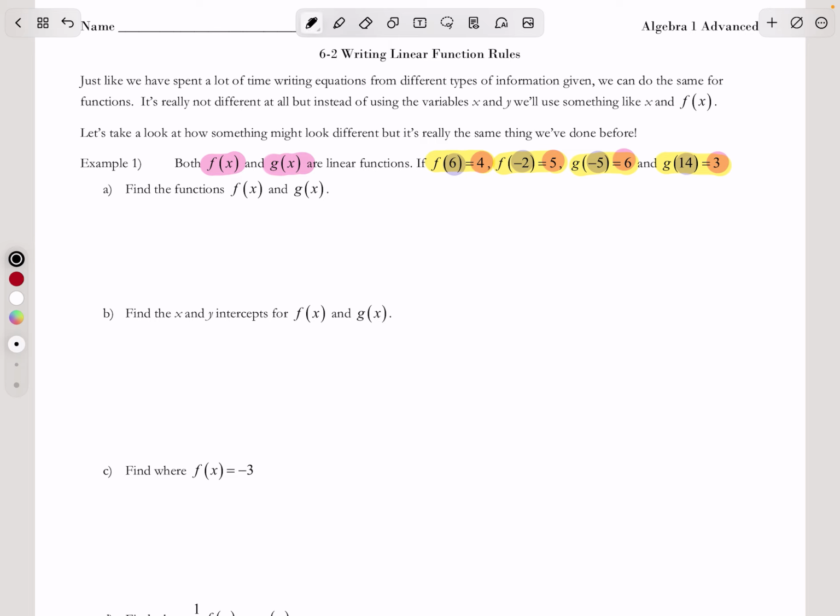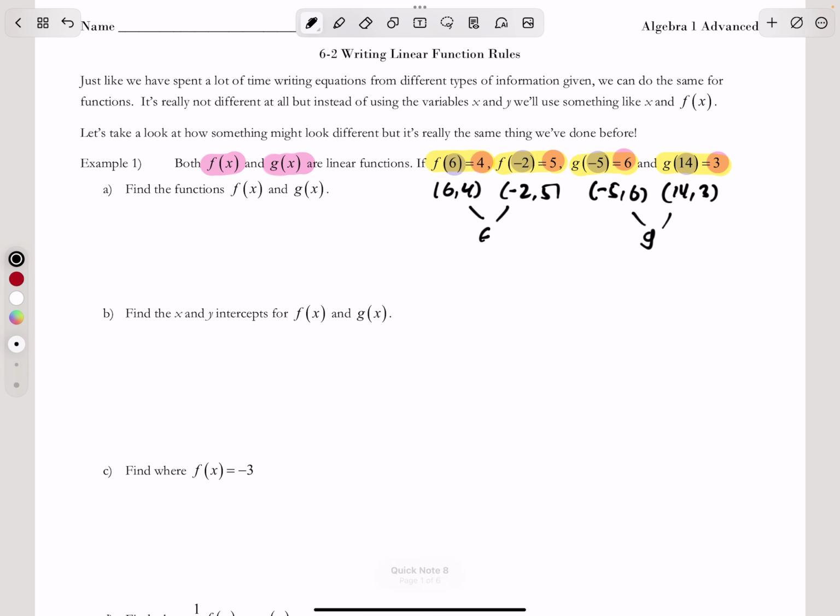What this boils down to is that these are just ordered pairs. 6, 4 and negative 2, 5 belong to f, and negative 5, 6 and 14, 3 belong to g. So we're asking you to find the functions f of x and g of x. Haven't we been doing very well at this? If we know 2 points on a line, we can certainly come up with their equation. So on f, for f of x,